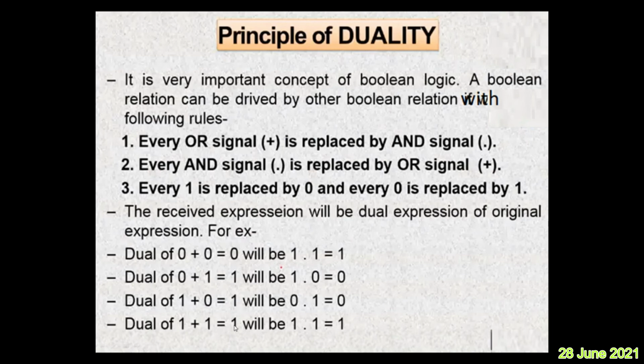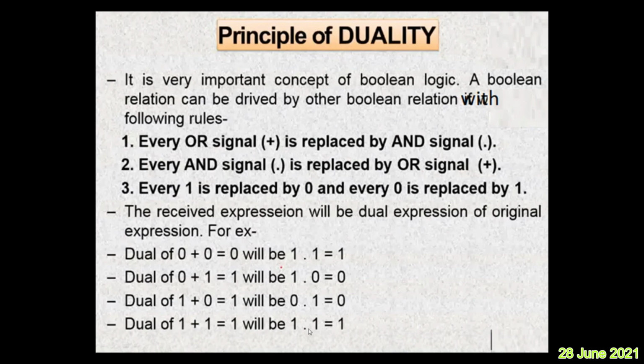1 plus equal to 1 is nothing but 1 dot 1 equal to... no, we have to replace the 1s here, right? 1 plus 1 equal to 1 should have been 0 dot 0 equal to 0. This is wrong, what is written at the end here. So please do the correction, note down the correction here, because 1 must be replaced by 0 and plus must